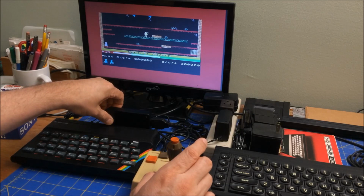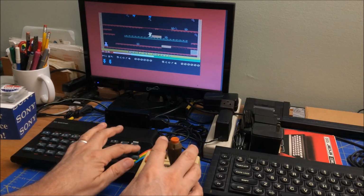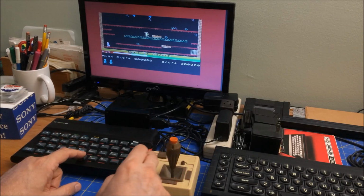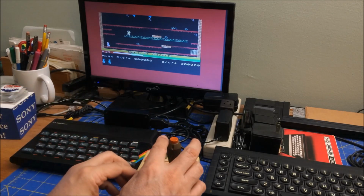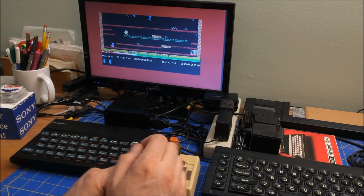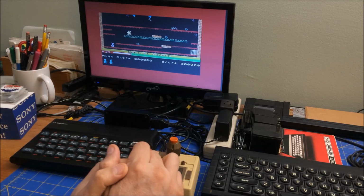And if I bring this down, yeah, so it's completely okay, so let's go. And B for bounce, I guess. What do we got? Oh, that works. But no bounce. I mean, I don't know how this works. Is this thing polling the keyboard, or is it looking for, you know,